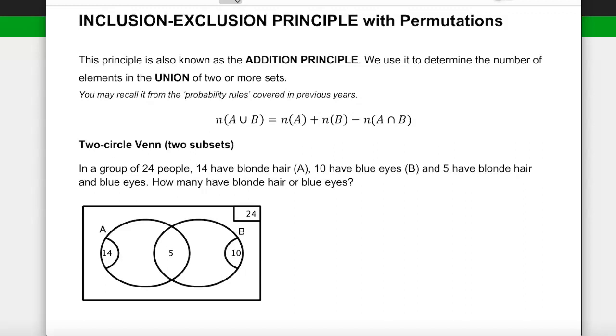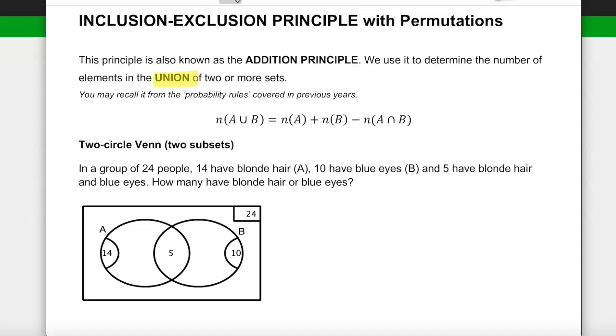In this video, we're going to take a look at the inclusion-exclusion principle to do with permutations. So remembering a permutation is looking at the arrangement of objects. This inclusion-exclusion principle is also known as the addition principle. And what we use it for is to determine the number of elements in the union of two or more